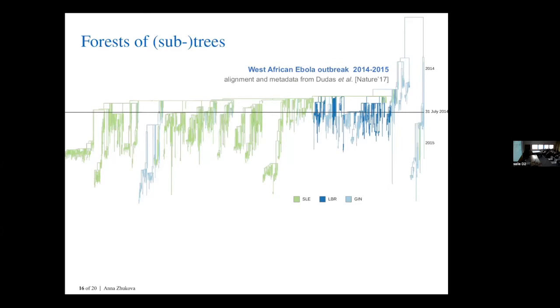It would probably be too naive to assume that the epidemiological parameters are the same in every country, because there might be different sampling probabilities in different countries. There also might be different infectious periods, for example, people are treated faster or isolated faster. So what might be interesting here is to select the subtrees corresponding to a particular country, to different introductions to the same country, and analyze them together. Another potential